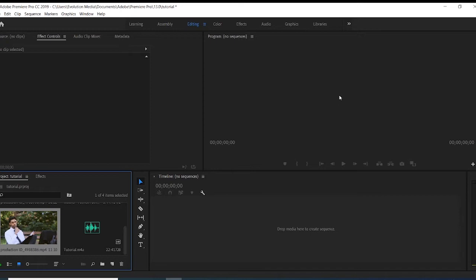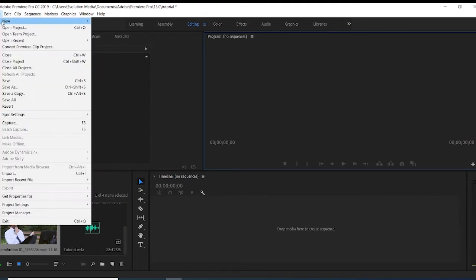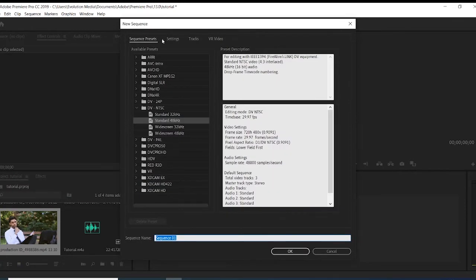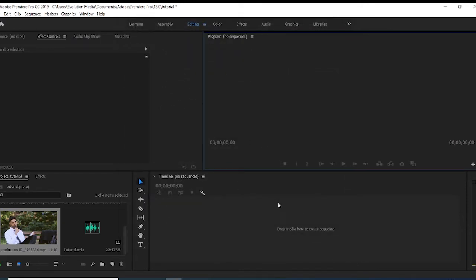But the one that is most standard is 1920 by 1080. So you can just come here, File, New, and then Sequence. There are a lot of different settings here, but I wouldn't want to bore you with them. One thing you can actually do to set your sequence as well, instead of going here and setting it,